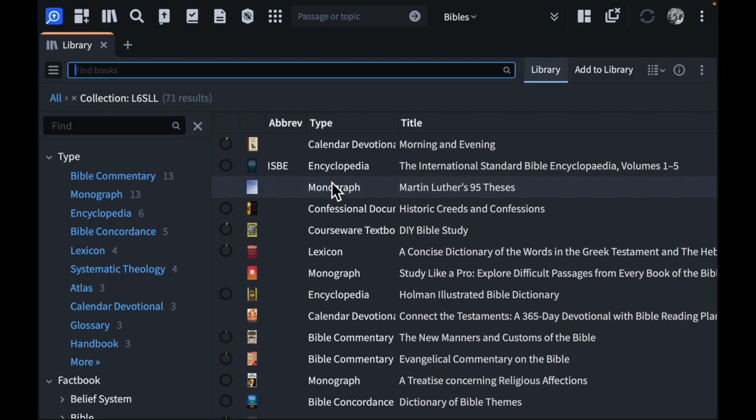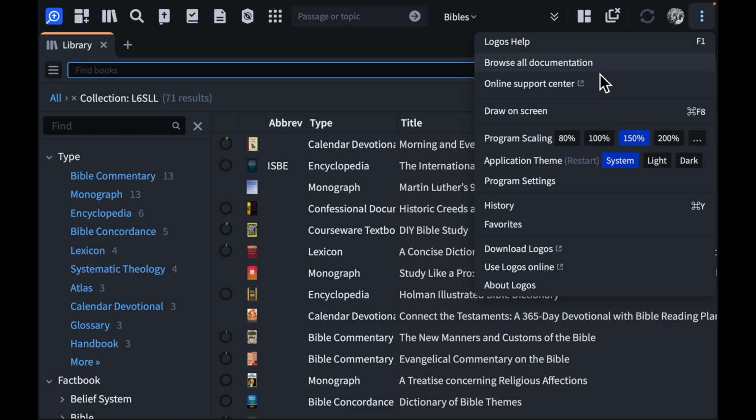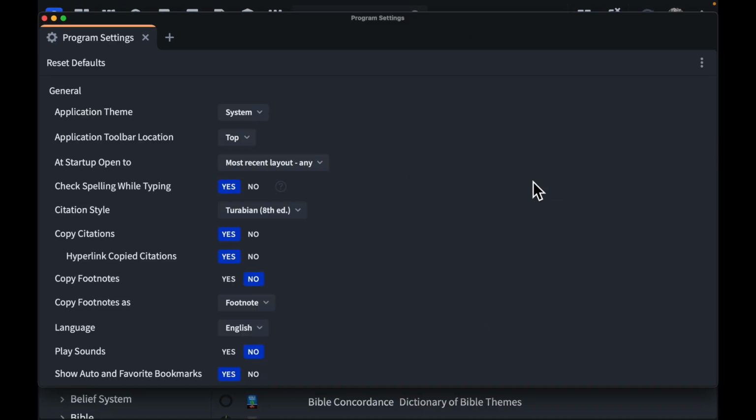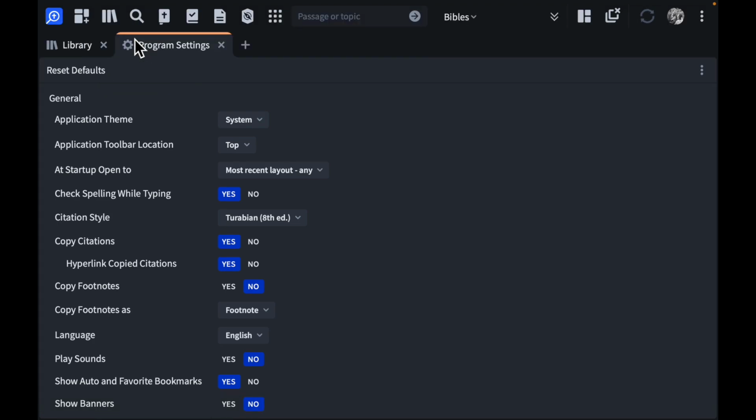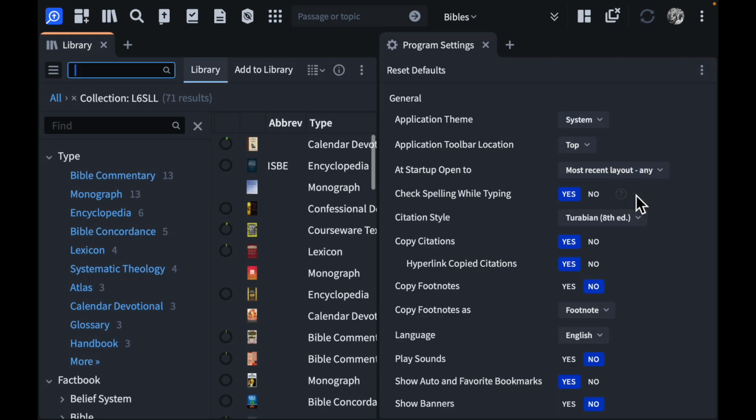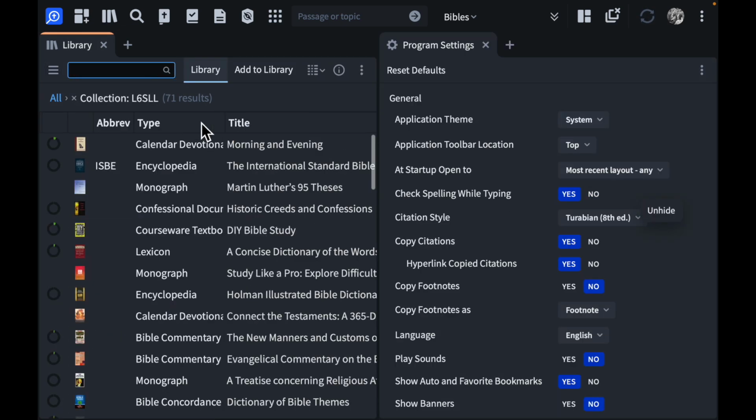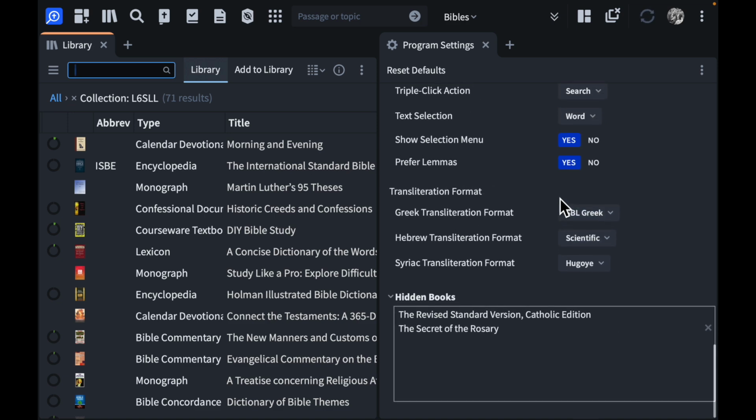You won't actually truly remove them. You'll still have the license to them. You can open them back up later, but basically hiding them so that they don't show up when you're trying to do exegetical work and have it clouding your studies. So those 2, first how to do it is you go to Program Settings, and I would dock this as another window. So dock this tab, and now you see Libraries behind here, Program Settings. Drag Program Settings off to the side, and scroll all the way to the bottom, and you're going to find